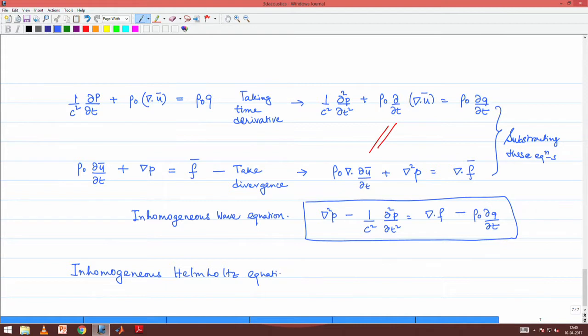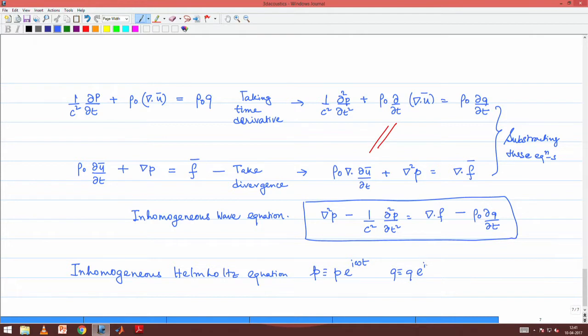To arrive at the inhomogeneous Helmholtz equation, we understand that the quantity of interest, which is p, will have to be replaced by p times e to the power i omega t. Not only p, any quantity of interest will be harmonic, right, and we have to do a frequency by frequency analysis. So, any quantity can have only harmonic time dependence. In particular, p will have a harmonic time dependence, q will also have exactly the same type of harmonic dependence, which means the above equation will now read as del square p plus omega square by c square p